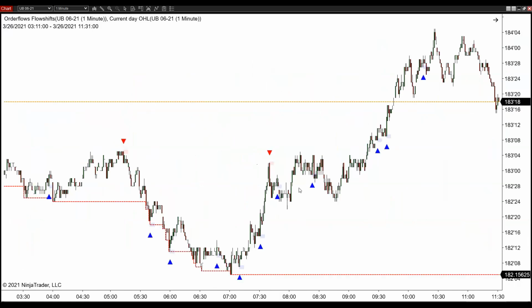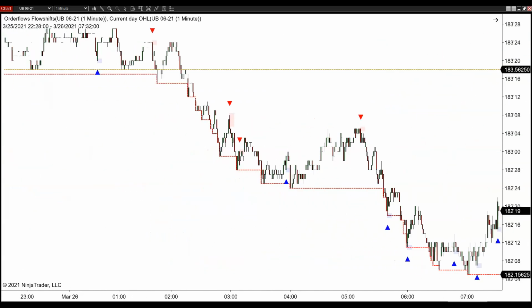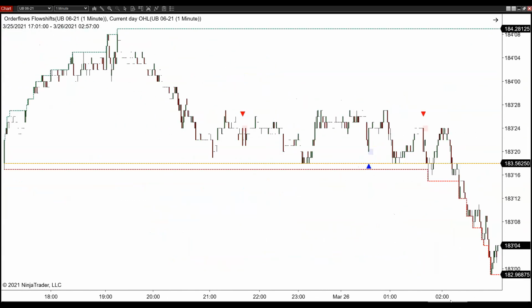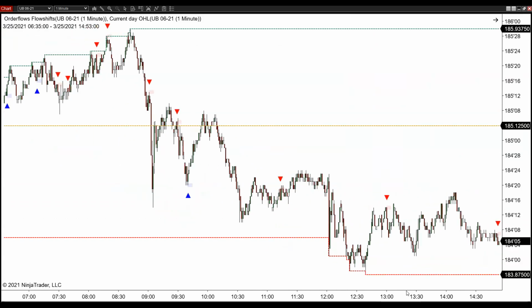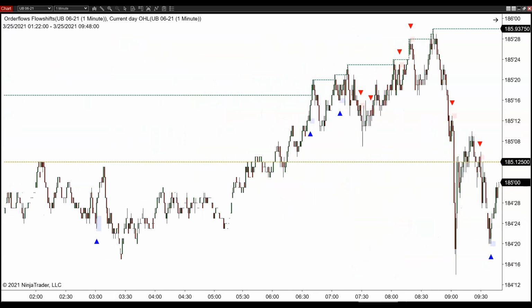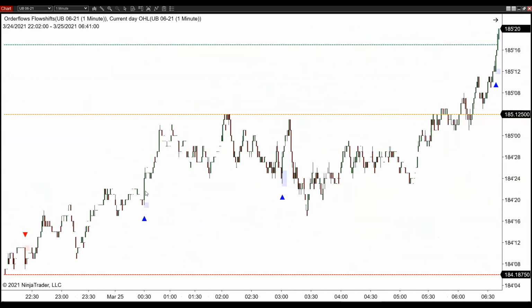Obviously, ultra bonds I just talked about on the footprint chart. But again, ultra bonds is a great market. A lot of people don't necessarily follow it, but everyone's all interested in MNQ. They're interested in ES. And I know people are interested in MNQ because there's a lot of people posting their gains on Twitter. And it's seductive, honestly. But there's so many other markets out there. Ultra bonds is a great market to trade, especially at night. I mean, you're not getting many trades at night, but this is a move here,